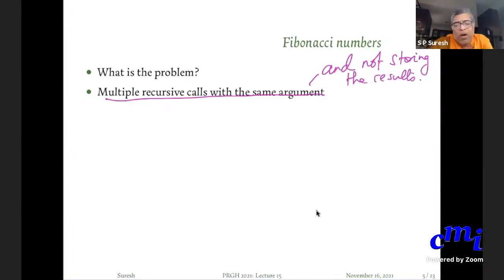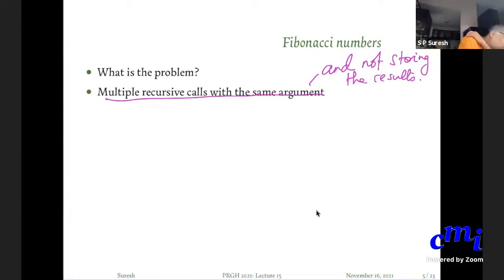How do we know how to store values? We can store values by giving names to them. One way that we know how to store values is by using lists. As you compute a value, you add it to a list. That is one canonical way that we know. But before that, for the case of Fibonacci numbers, you can do a small trick, which is that at any point of time, you only require two previous values.